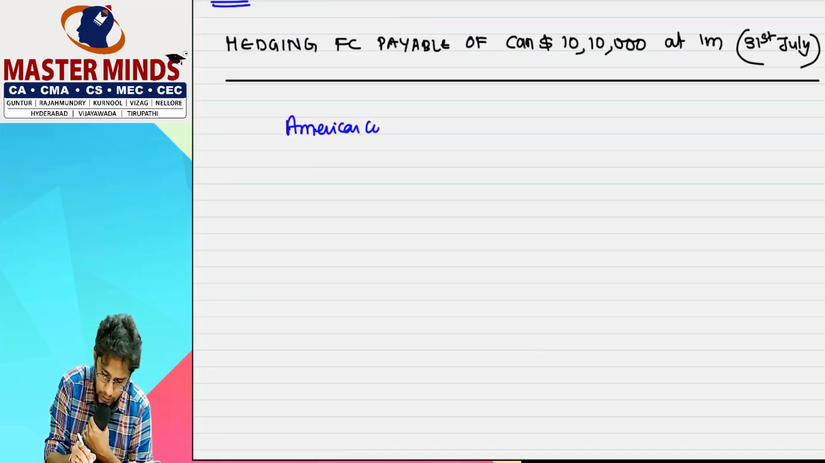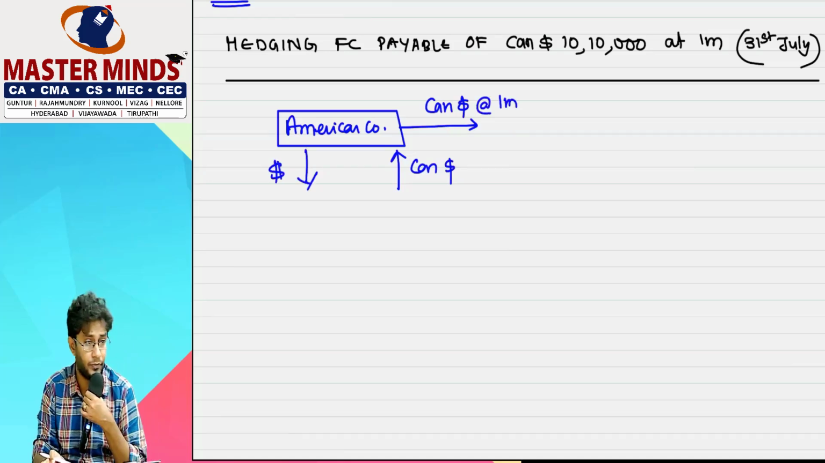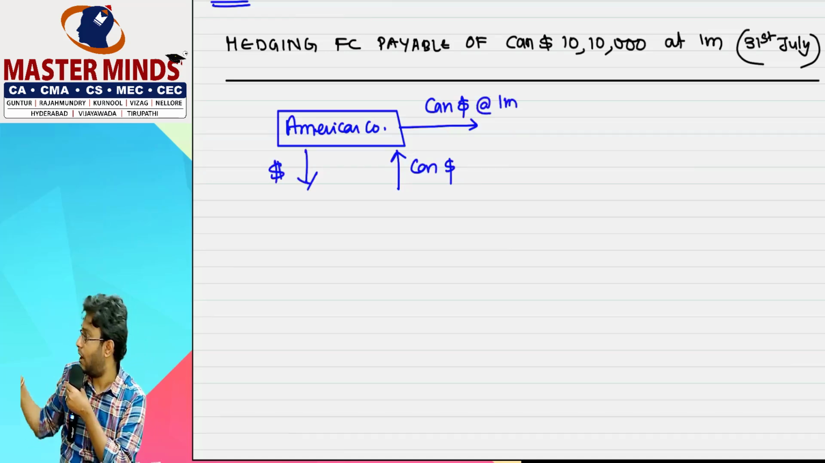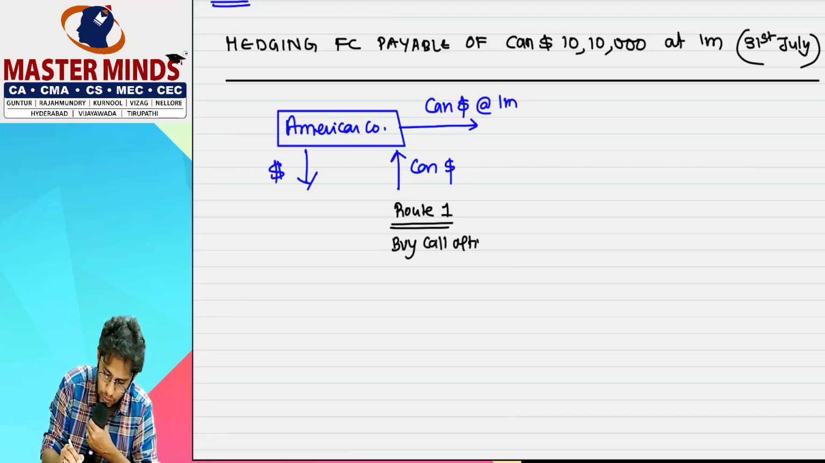Sir, you are an American company. You have CAN dollar payable. So you have to buy CAN dollars by giving normal dollars at 1 month time. So there is a risk, and exchange rate risk also coincidentally. Therefore, route 1 is buy a call option on CAN dollar,